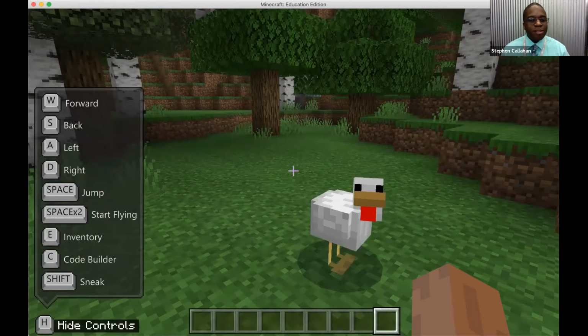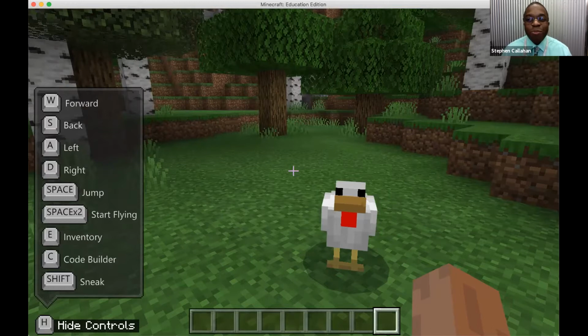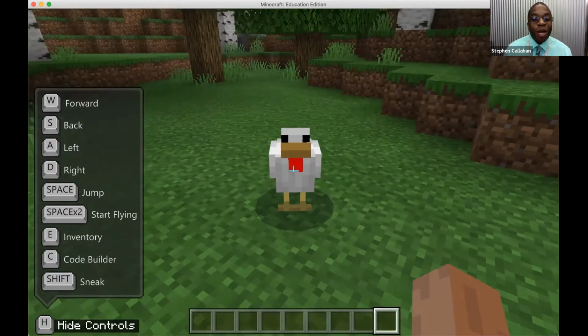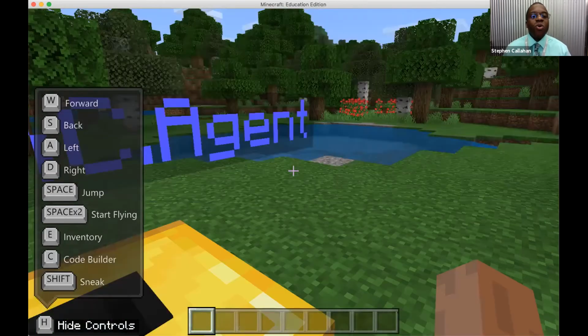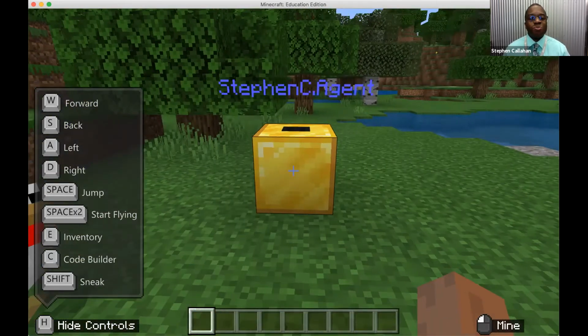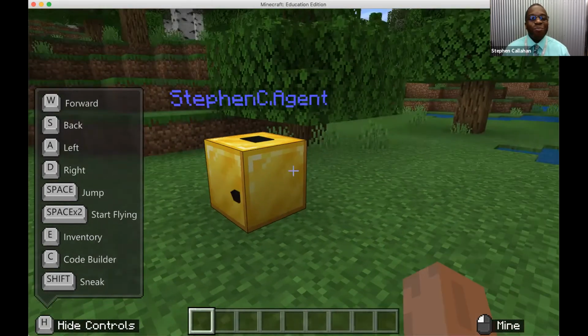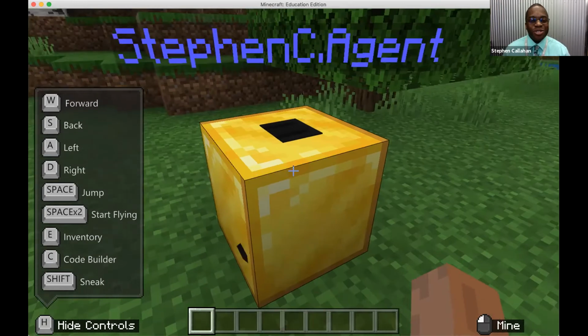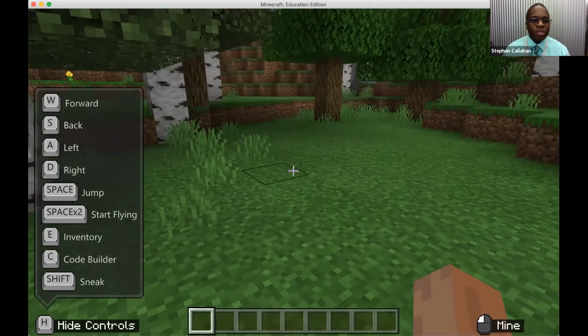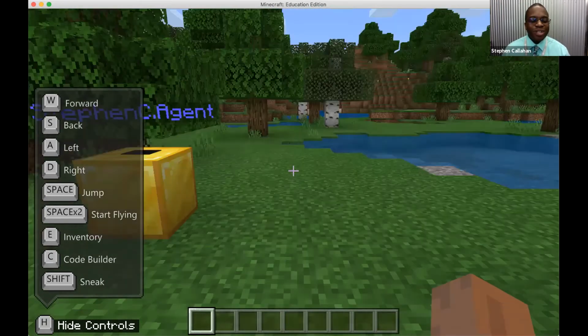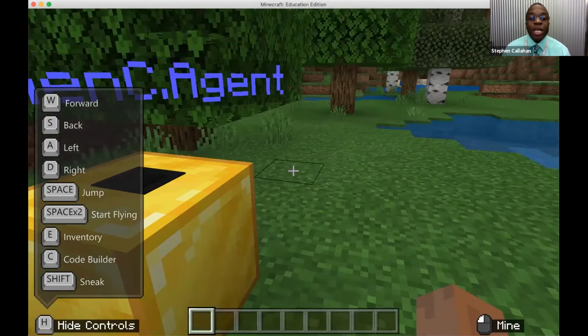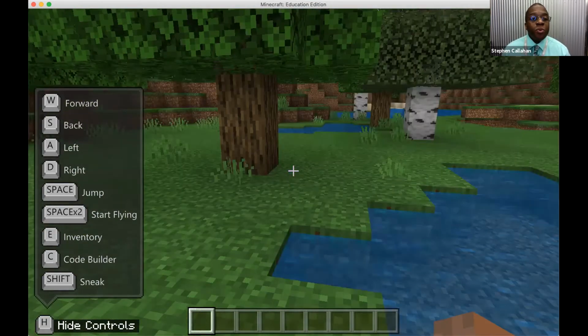Oh, I know it looks like nothing happened, but I noticed I kind of moved forward a little bit. Oh, there's a chicken. Anyway, I moved forward a little bit. Why did I move forward? Oh, because a block of gold just moved out of the way. I'm also going to point out the agent showed up right where I am, and the agent is like, I'm stuck in a block of gold, like Han Solo. All right. Anyway, so as I walk through the world,